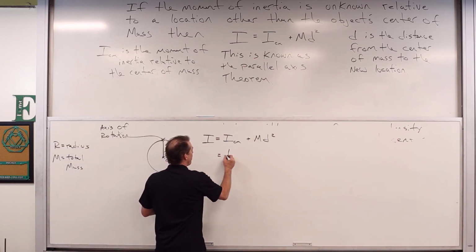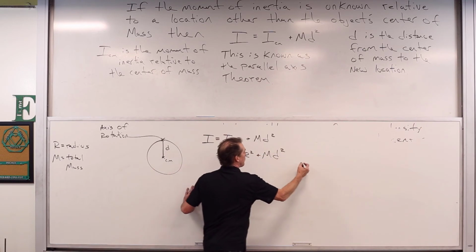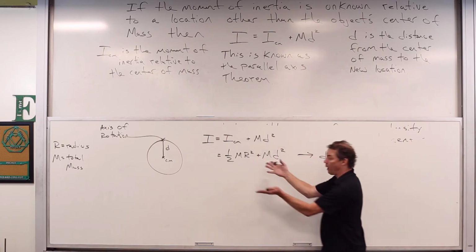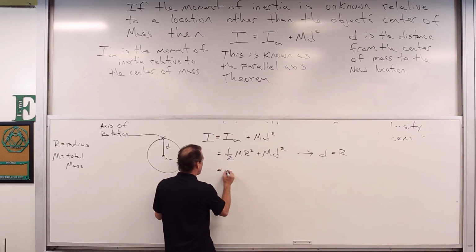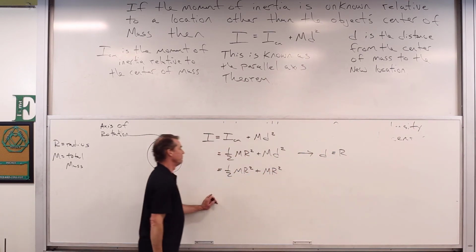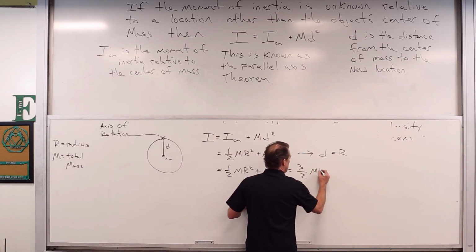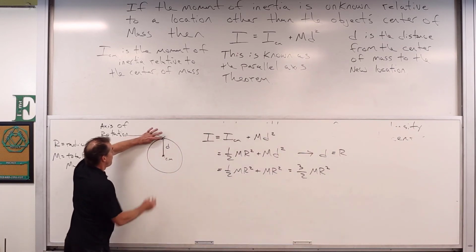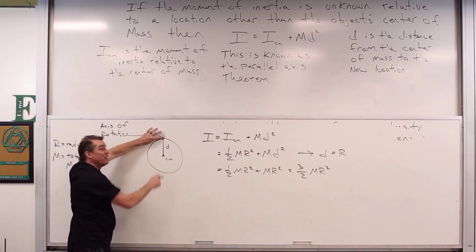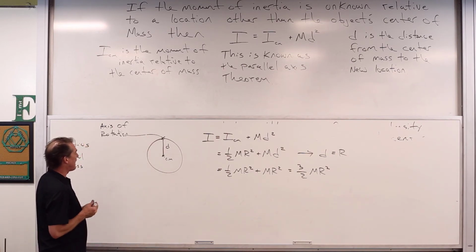So for this, we would have 1/2 m r squared plus m d squared, but d is equal to r if we're on the outer edge. So this becomes 1/2 m r squared plus m r squared. So we've got 3/2 m r squared. If instead you wanted to figure out how to integrate all the different mass elements relative to this spot here, much more difficult. Not that it can't be done, they make some crazy cool problems,